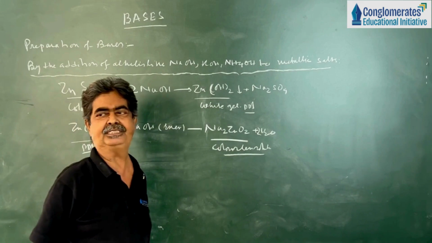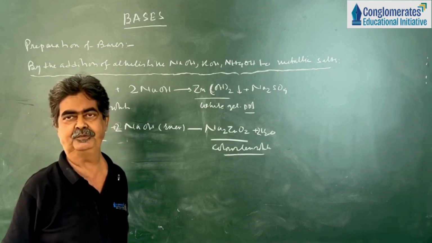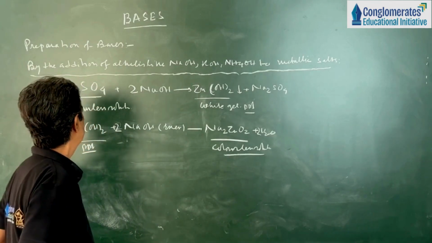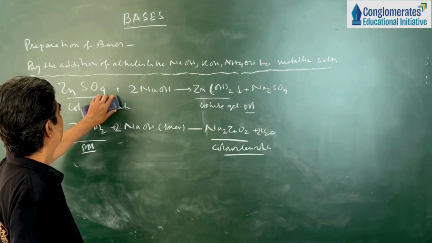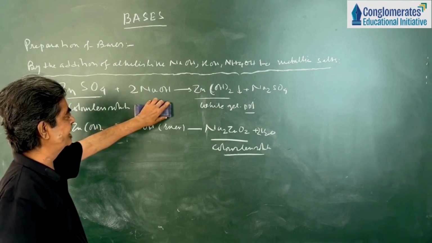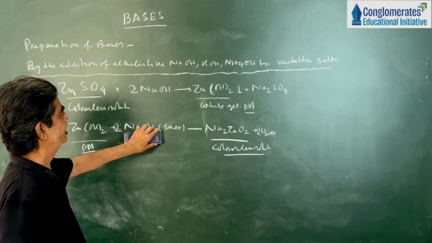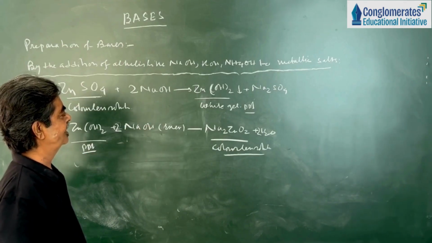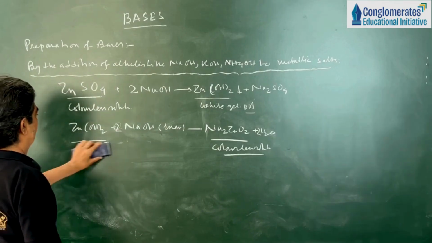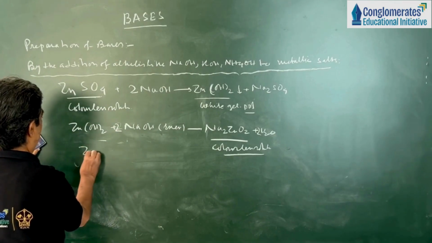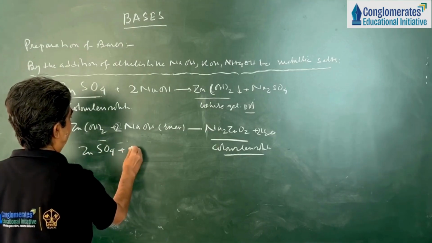Now, in case of NaOH and KOH, both will be the same. So, I repeat that by the addition of NaOH, few drops will get gelatinous white precipitate, but this precipitate dissolves when excess NaOH is added due to the formation of sodium zincate, which is a colorless solution because it is soluble in water. But what will happen if we add ammonium hydroxide, zinc sulfate plus ammonium hydroxide,